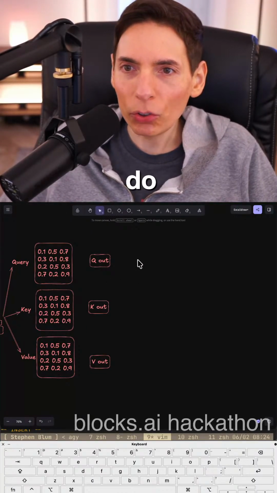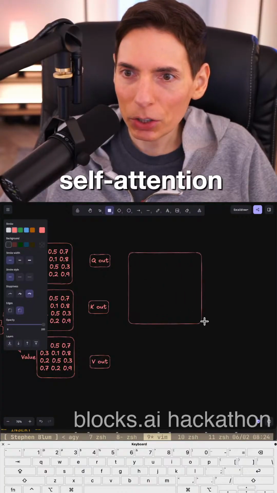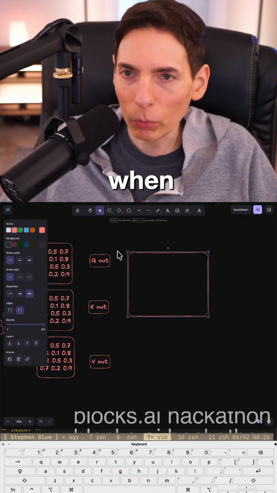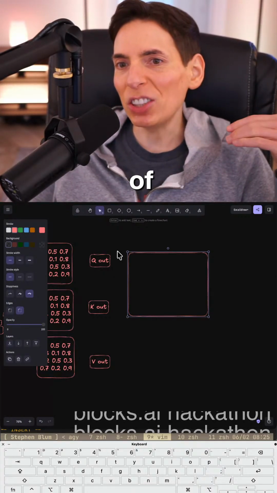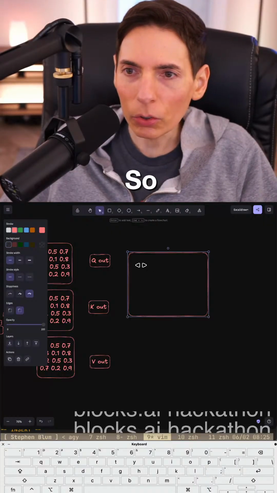All right, now we need to do self-attention. What I'm going to do is a self-attention here. We can also split these out into multiple heads. So when we calculate attention, we do attention across each of the heads. Right, each of the heads. So this is